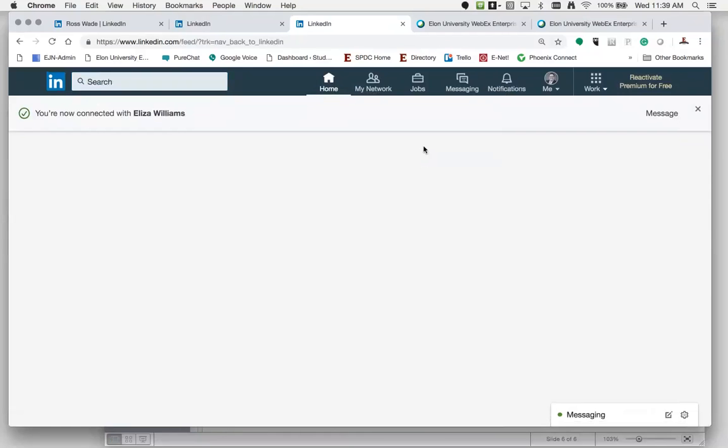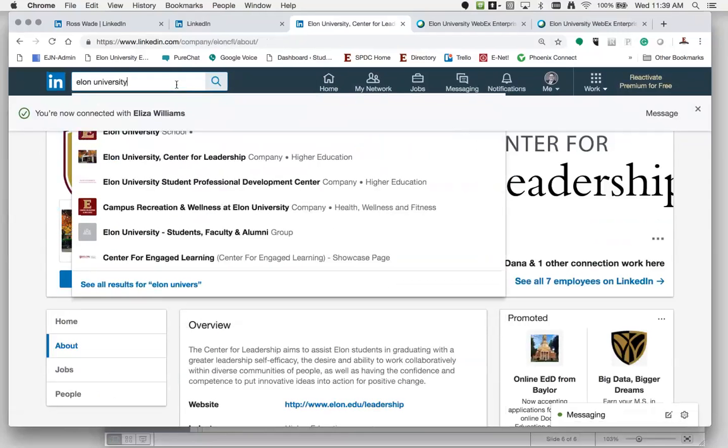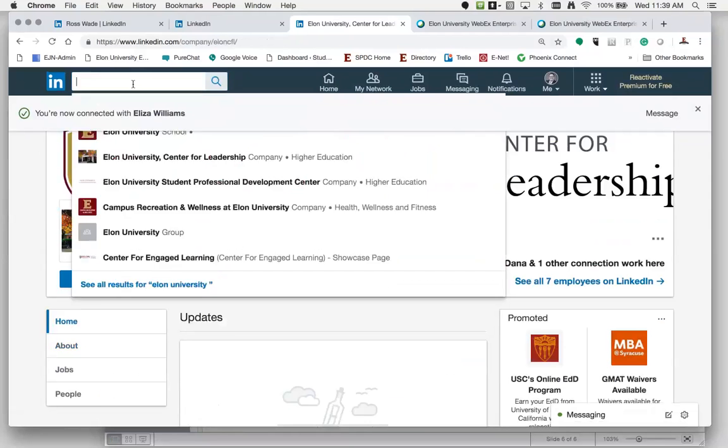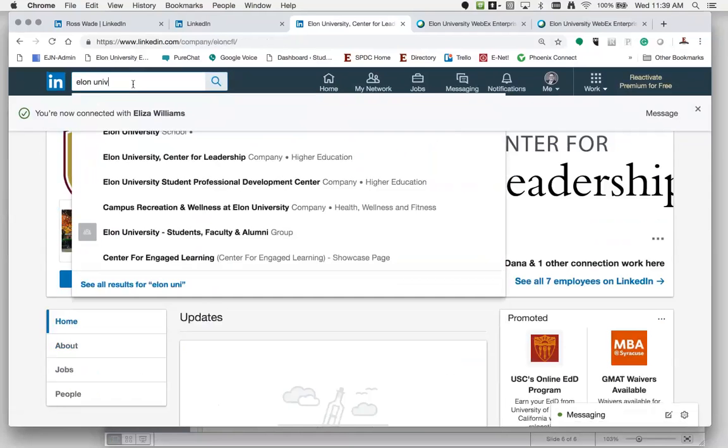Thank you. And I want to make sure I've got Elon University, the school, which is right here. And you'll see that there's the Center for Leadership, there's Campus Rec, there's the School of Comm and the School of Business, but we just want Elon University, the school.